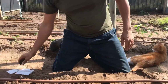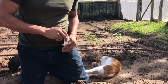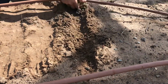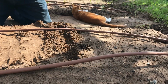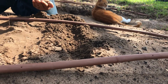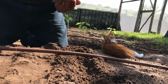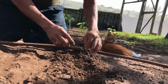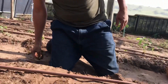Okay. Next up, we've got our onions, and we're going to be doing onions exactly the same way. Onions are also quite hardy and resilient, so transplanting them after they've germinated is usually quite easy. We've made a furrow. We're going to sprinkle these in, and we cover them. And then our last one